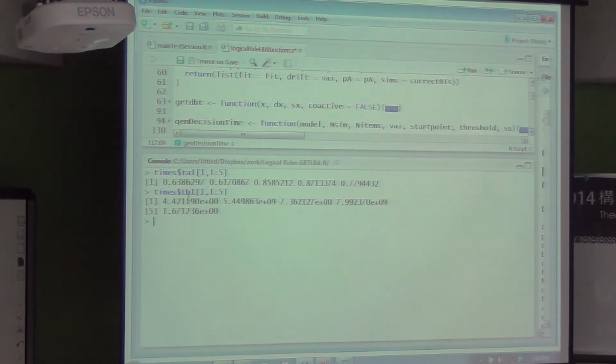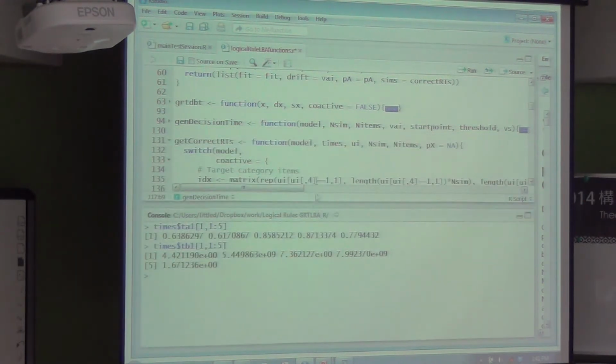But the times for reaching the B threshold are much larger. So 4 seconds, 5 seconds. Oh no, that's actually much larger than 5 seconds. That's extremely large. 7 seconds, another extremely large sample. So for this particular channel, you're getting really strong evidence that it belongs to category A. You reach that A boundary much faster than you reach the B boundary. In fact, the A boundary tends to beat the B boundary most of the time. Only on very rare occasions is the B boundary going to beat the A boundary in these samples.